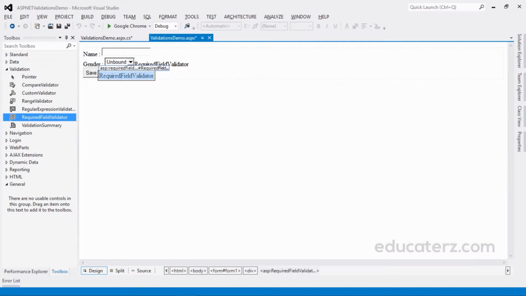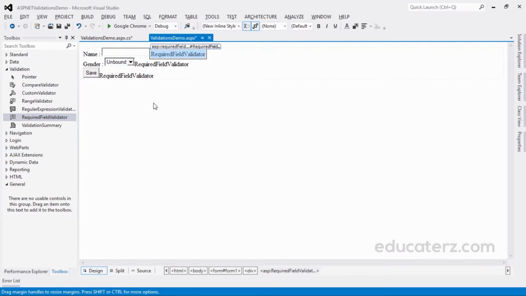And we need one more also. So how many have you got? We need only two. One is this, the other one is this. Remember that whenever we have added any of these validator controls, the first and foremost thing we need to do is change three things for every control.